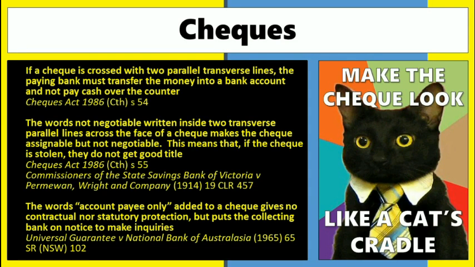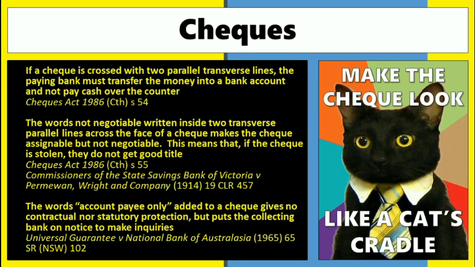Now, there are three other things you can do with a check when you're writing it out that will change the way that the receiving bank, the bank that things are being paid into, is going to deal with that particular instrument. The first thing is the crossing. So if you put two parallel transverse lines, so two lines next to each other, from top to bottom of the check,